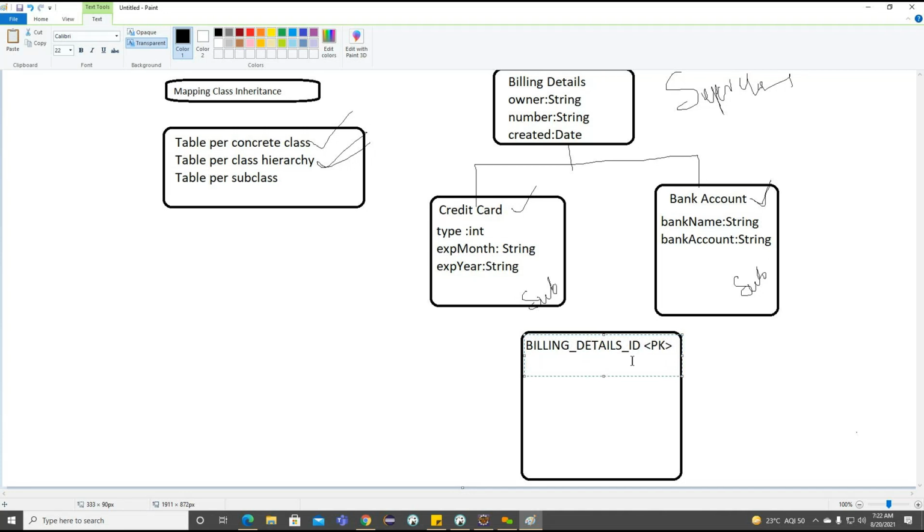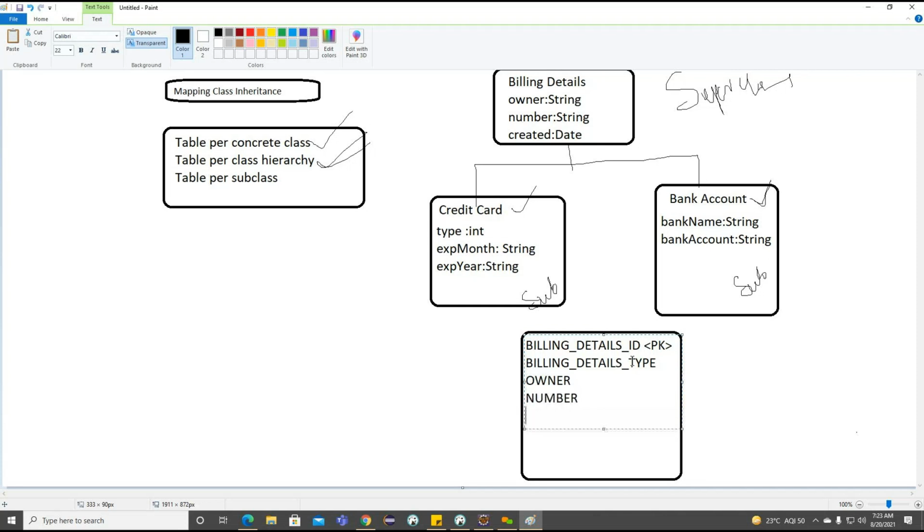Later we'll define the billing details type. This type tells which type of data we want to insert. Either we are going to insert the credit card or we are going to insert the bank account. This information is going to be provided by this billing details type. Now we'll see how we are going to differentiate it.